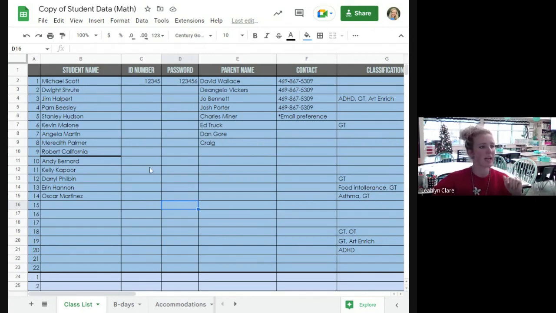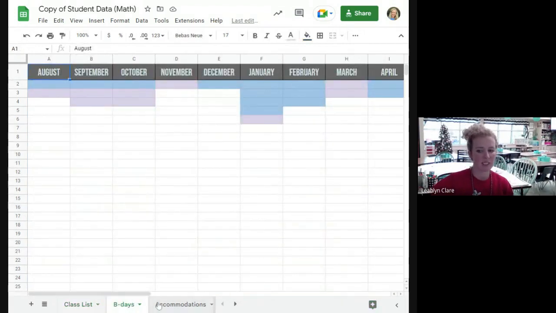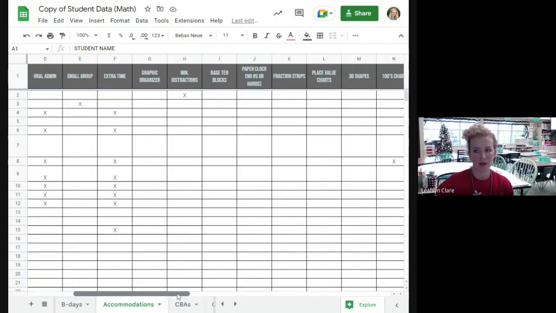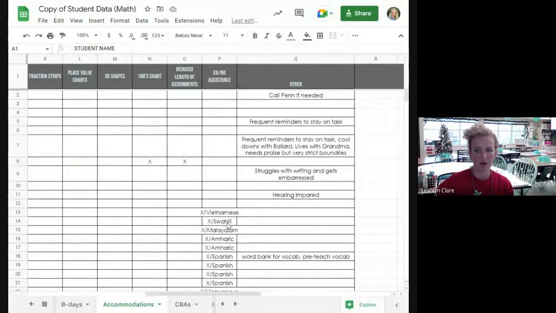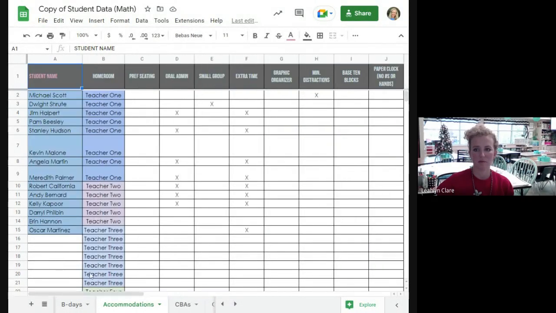So we have your student name and all of the ID and password, basic contact information for parents, classifications, all that jazz. Birthdays, accommodations. This has been a lifesaver for me this year. Test prep, anything else. I've got all of the possible accommodations embedded here, ESL, extra notes that we know,